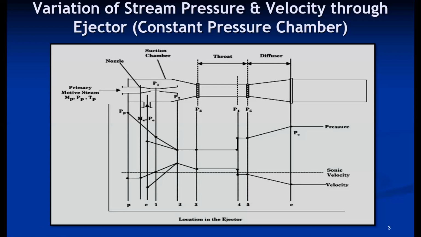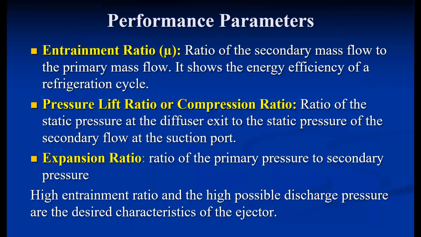So normally these are the two types of ejectors used in practice, but there are more modifications, that is a variable nozzle, the variable openings, and these ejectors are generally made up of either metal or plastics also. As the ejector is the main component of the ejector refrigeration system, we must understand the basic fundamental working principle of the ejector.